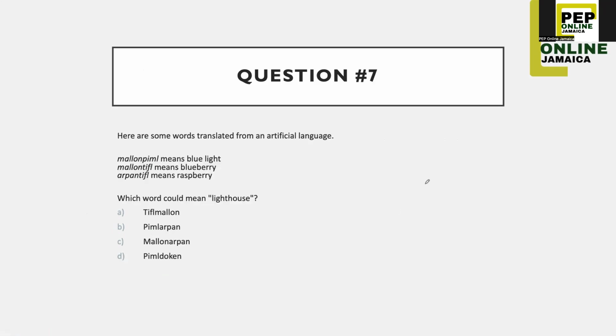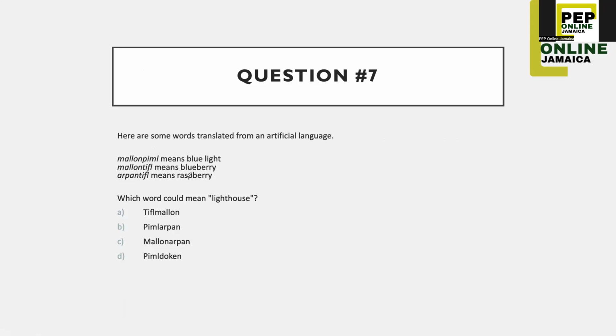So question number 7. We have this first word, the second word, the third word also. The first word represents blue light. The second one represents blueberry. The third represents raspberry. Now, common words are there. We have blue, that is common, and we have berry. So this is nice. So blue